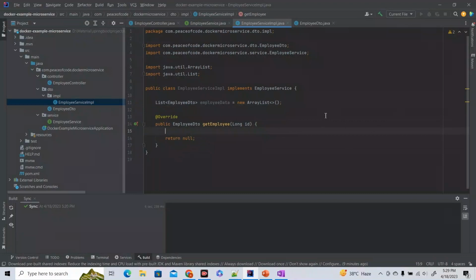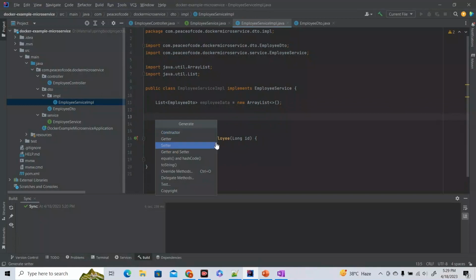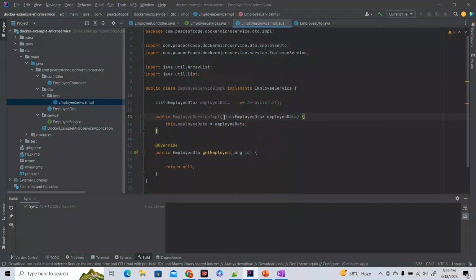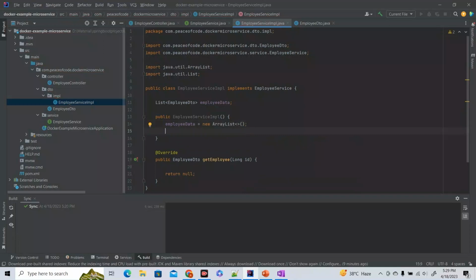You know what, let us create a constructor, and we can put it inside of that. Okay, now just remove it, don't need it over here. You can just say employee data equals to new array list, and that should be it. And over here we can just insert the data over here, right? So we can just say employee data. Let us create a bunch of employee DTOs first. So employee DTO